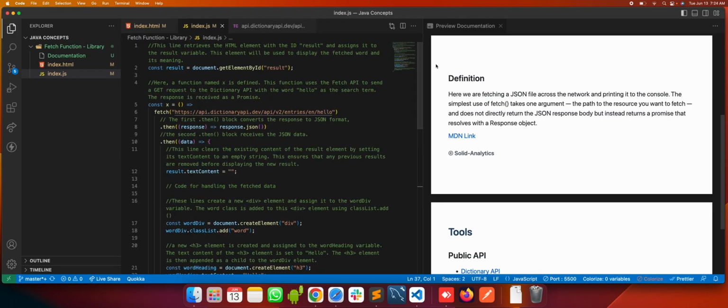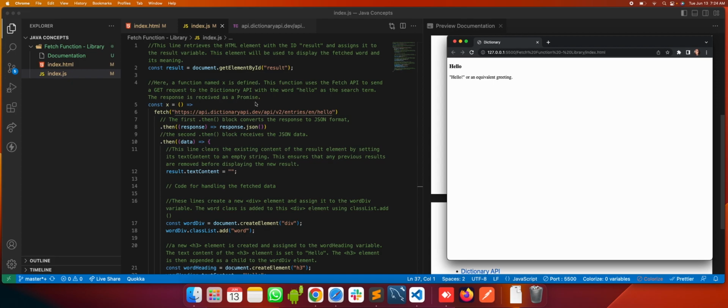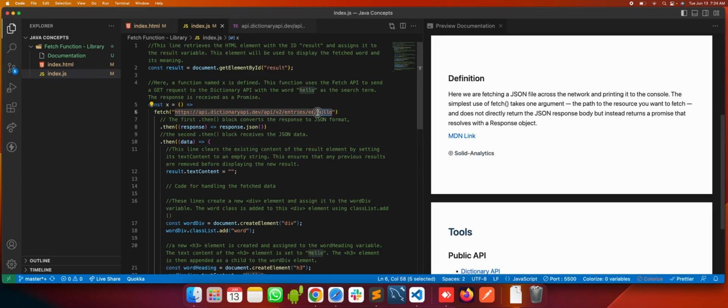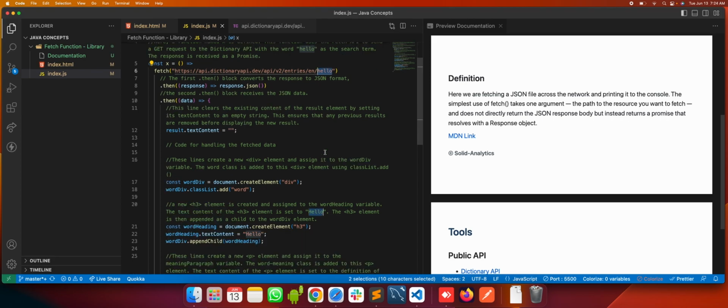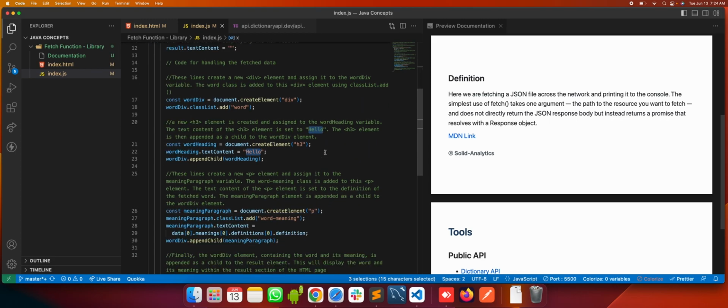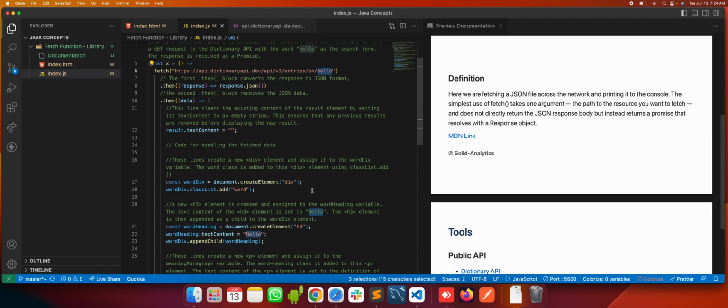Okay, let's go back to our code and let's change hello. Just press Ctrl D or Command D on your keyboard, and let's select wherever there's a hello. Okay, we have hello in three places. This is the comment, that's fine, let's leave it out. Let's type ball and see what happens.